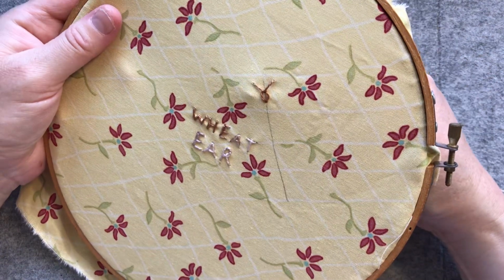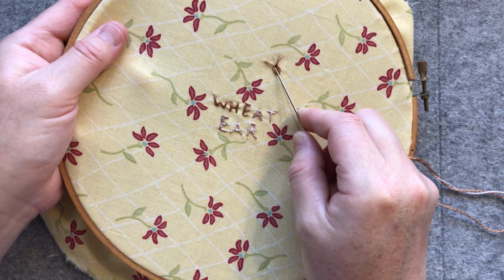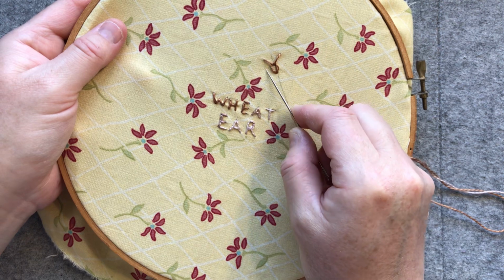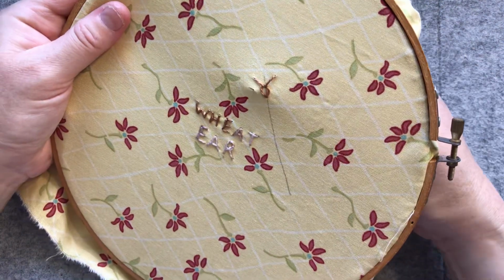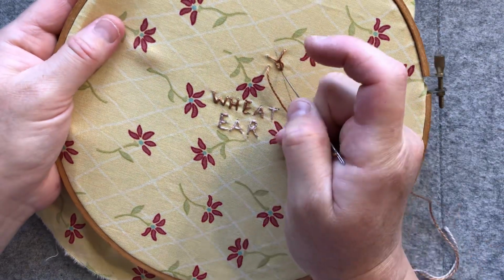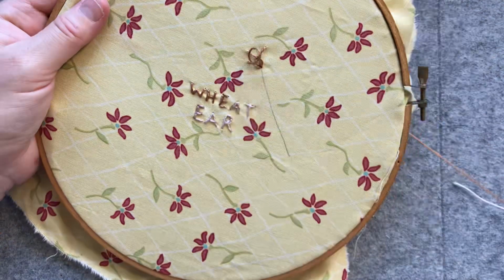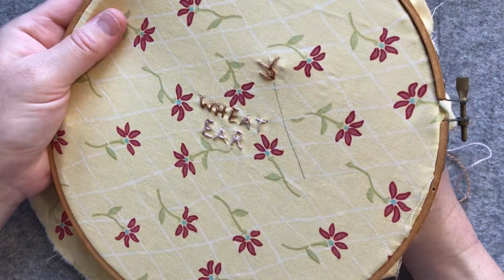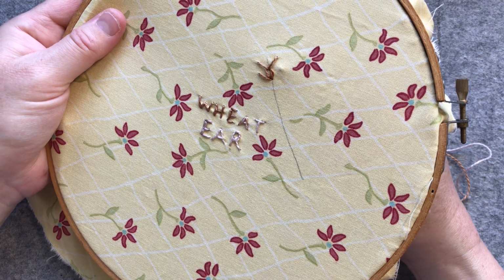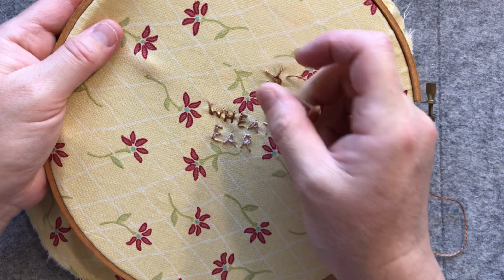Anyway, and then we're going to pop across and we'll put another V stitch in, just starting directly across from where the junction is and below. So you're sort of just holding that line. But again, it doesn't have to be perfect. And coming to the bottom of that little loop, and then coming across to create the other side of your V, and again bringing it